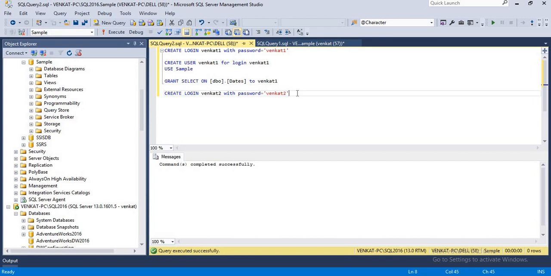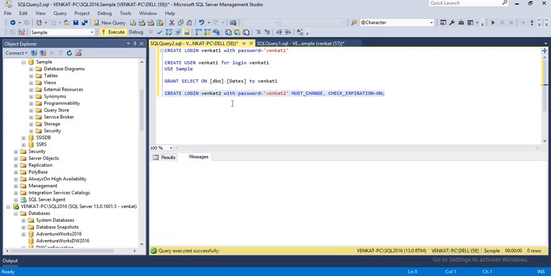In the GUI, I simply have 3 checkboxes, but while creating users through scripts, you need to write MUST_CHANGE. Whenever the user logs in for the first time, he should change his password. I should not be knowing his password, that is the reason I keep it here. Then comma, CHECK_EXPIRATION equal to ON. Now let's create it.